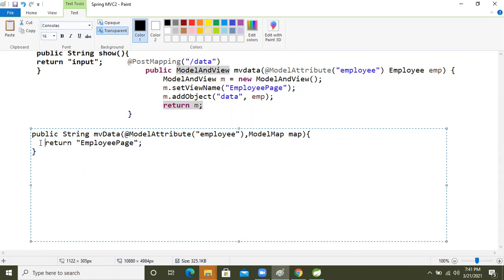But I also need to send the model data to this page. So for that we will take this map reference, and inside the map there is one method, addAttribute. We pass data inside it, then a comma, and the object reference.